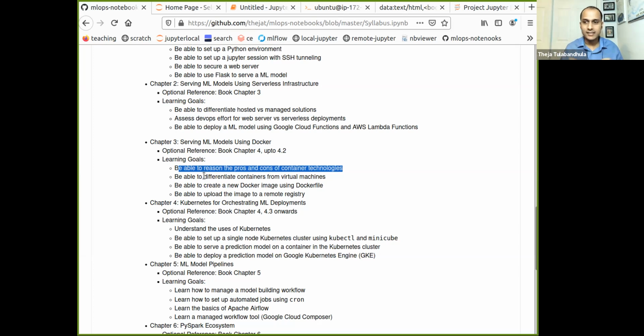Basically the idea is containers don't have to have an extra layer when programs run, and that extra layer is the guest operating system. If you install VirtualBox and start a virtual machine, the virtual machine needs to have its own operating system. For example, on a Windows machine, you install VirtualBox, you also install Ubuntu or something else as a virtual machine, and then inside that you can run your programs. That's a lot of extra layers. Containers trade off certain things and let programs run without this extra virtualization step.